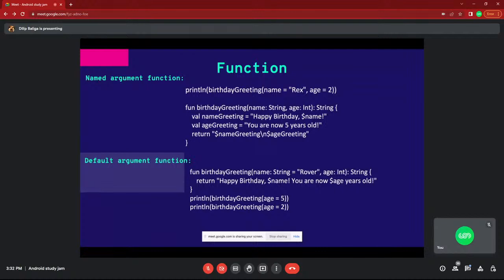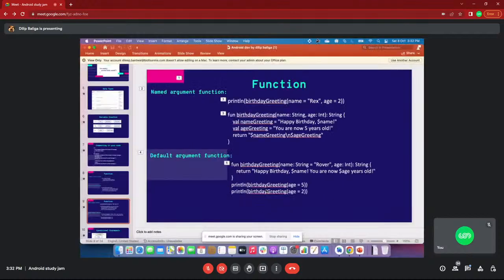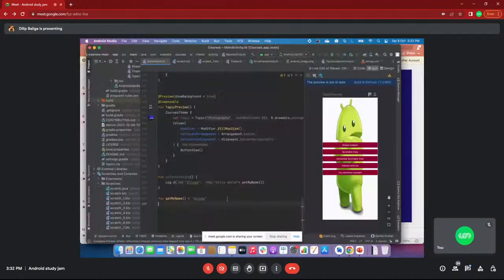And if I want to modify that default value, I can specify one more argument, name equal to rex, inside this one, so that it will override rover, and it will print rex. That is the example of a default argument function. Let's go by this one.